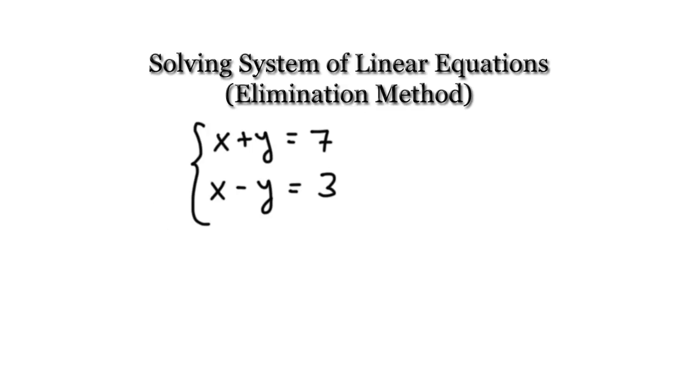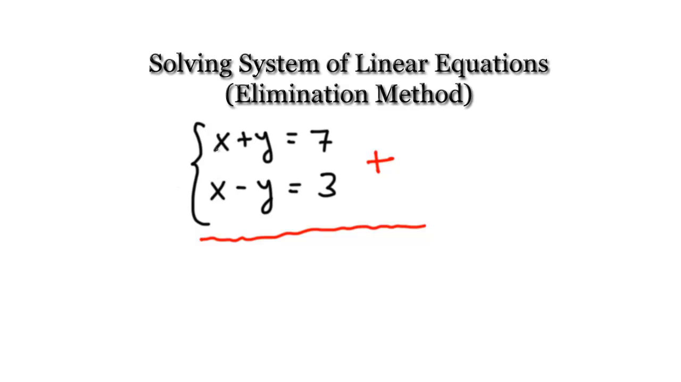Okay, so the whole idea with the elimination method is to get rid of either the x or the y, right? In this case, it's much easier just to get rid of the y. All we have to do is just add the first equation with the second equation. So let's add the first equation with the second equation. Put a plus sign right here